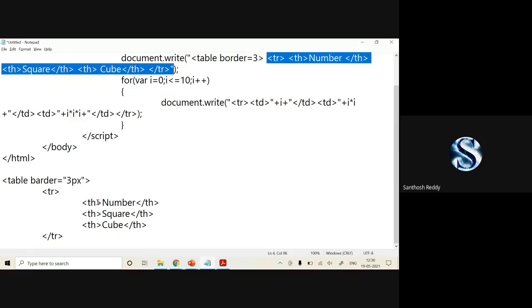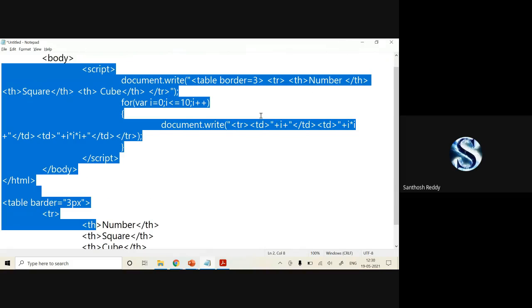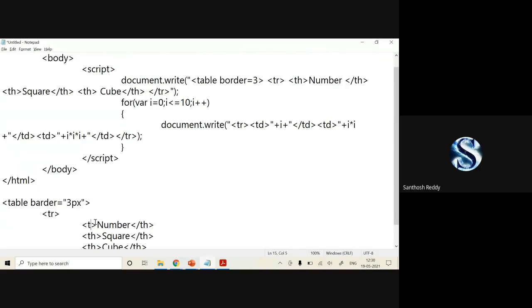Okay. If you want to write TR, TD, the same way I have written, but in double quotes. TR, TD, and one number, i, like 1, and I'll specify it as a TD. That's it. TR, TD, 1, closing of my TD. Again, I'm opening my TD. I'll specify here 1 into 1 is 1, I mean I'll specify i into i, and closing of my TD.